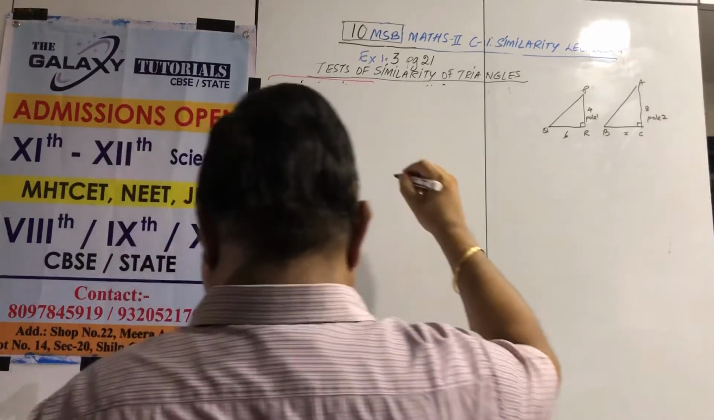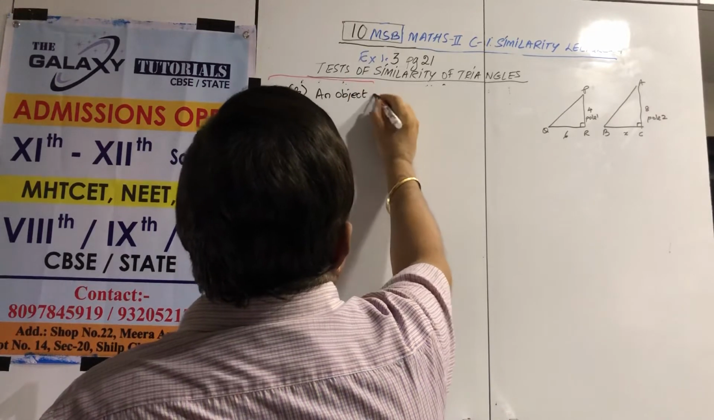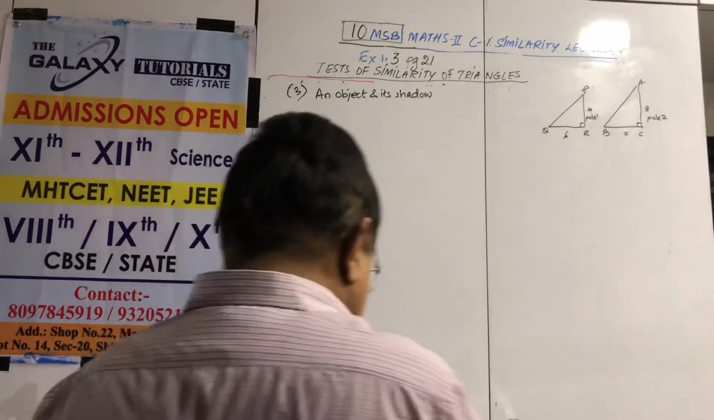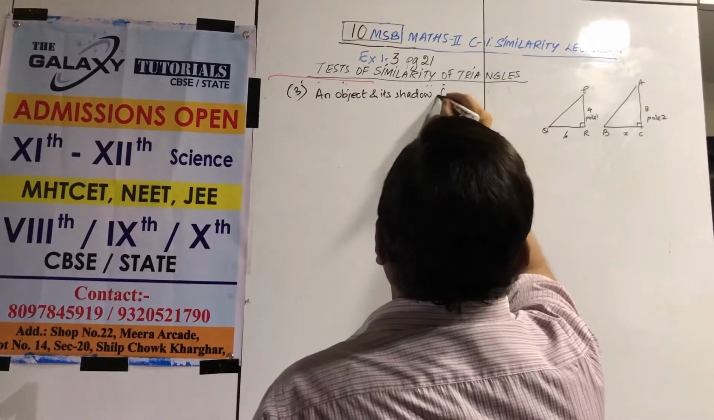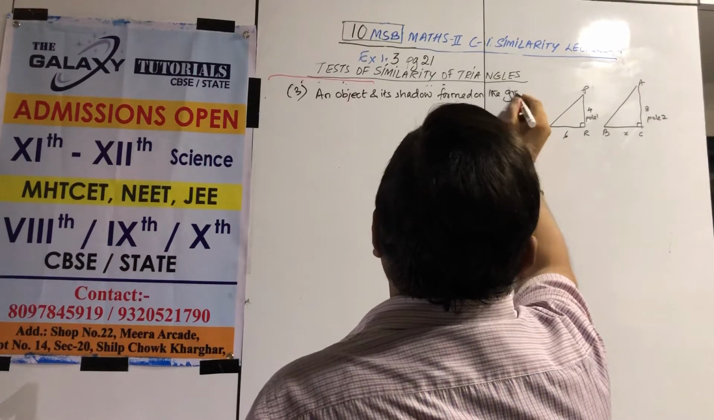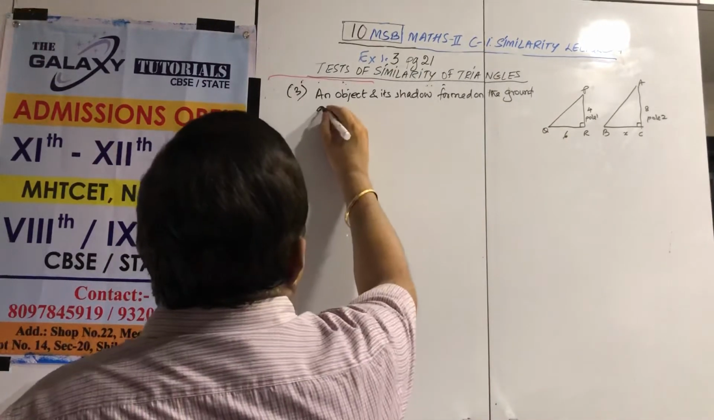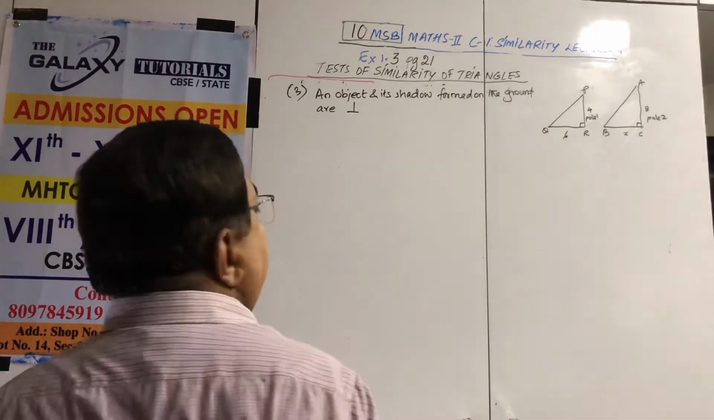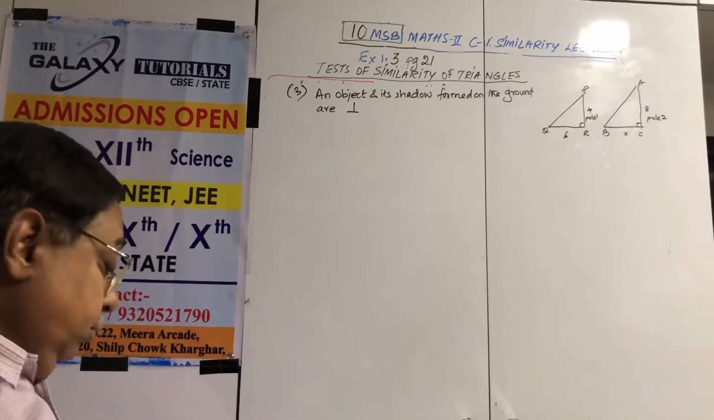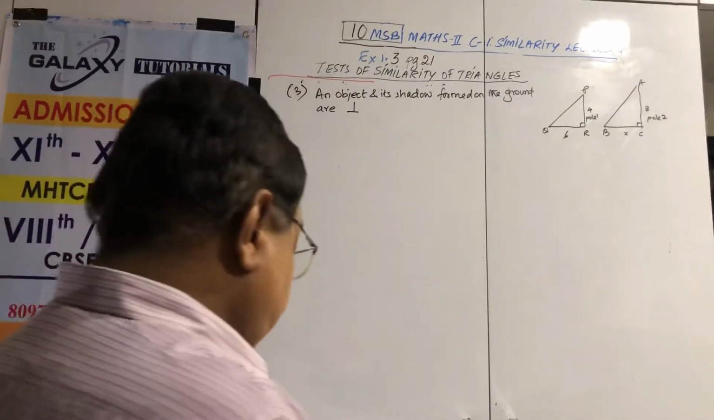We will write our assumptions. An object and its shadow formed on the ground are perpendicular to each other. Okay? So they have given us that the pole is straight and the ground has to be plane. Okay. Therefore,